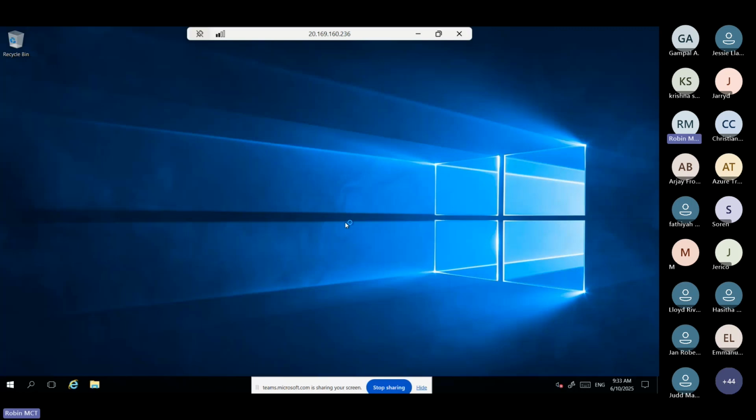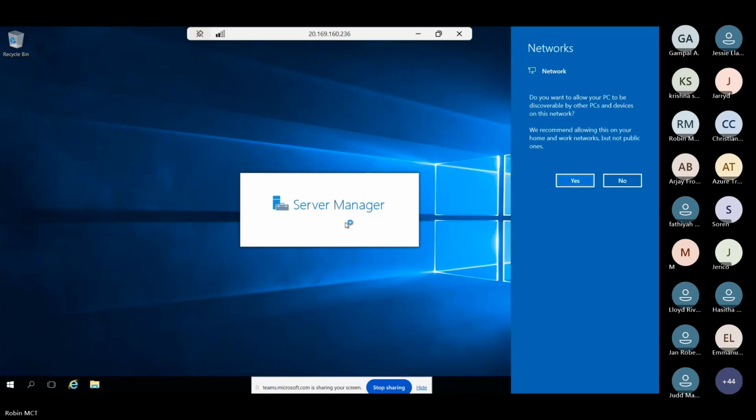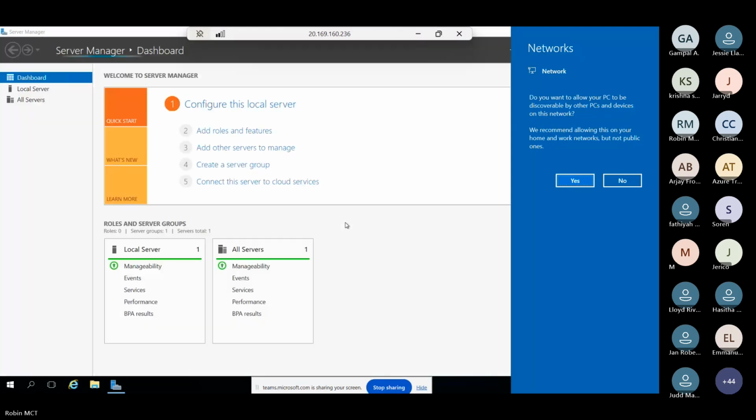You may be able to see this progressing. You can see it is connected now.